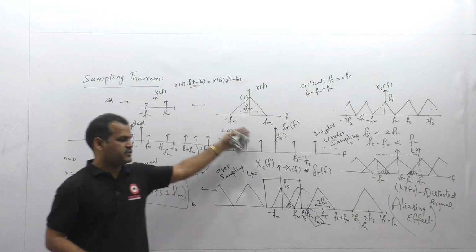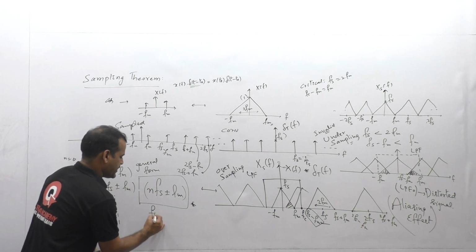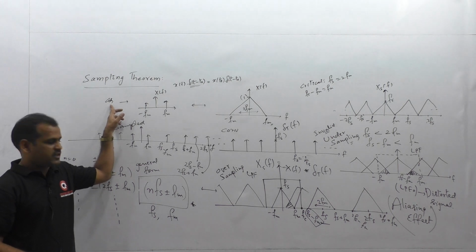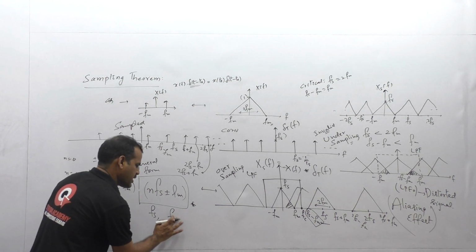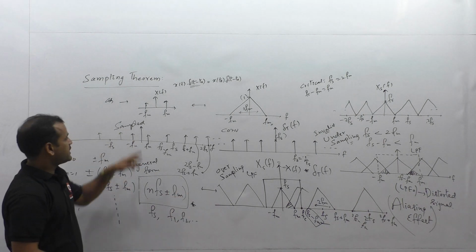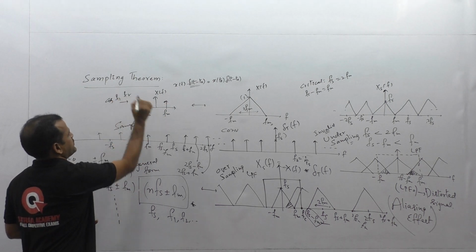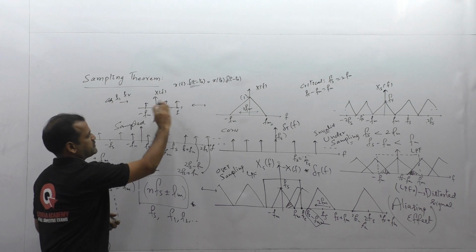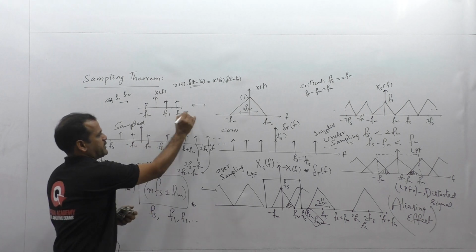So without plotting all the spectrums every time, you can consider directly what is the sampling rate Fs and what is the highest frequency component in this cosinusoidal signal. Observe that don't consider only the highest frequency component here, consider all frequency components F1, F2 separately. Because here every frequency component exists. If it is having F1, F2 here, you will get this spectrum for F1 and F2 here. Those also come into consideration. So every frequency component should be considered.